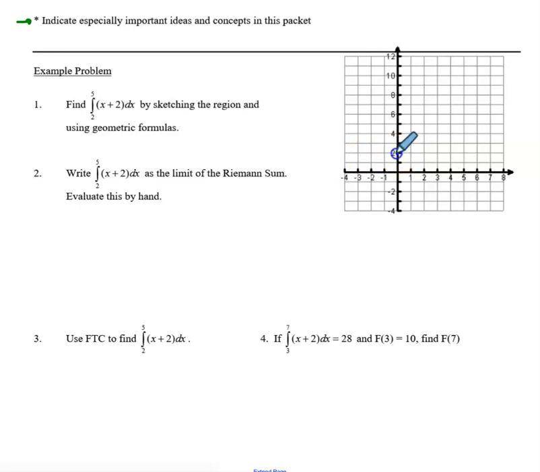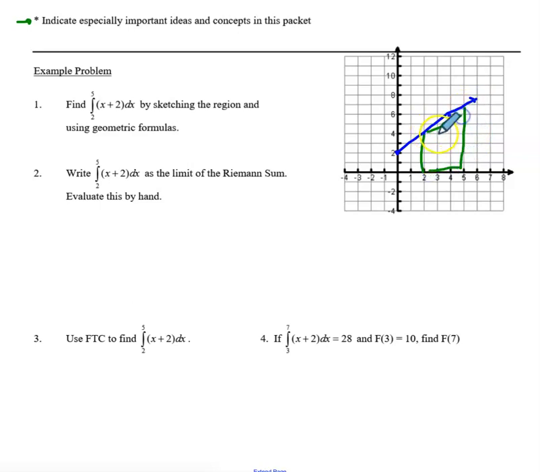So x plus 2 is a line, and we're just going to draw this line with a slope of 1 and a y-intercept of 2. So here is my line, and then they're asking us to integrate from 2 to 5. So what that means is I need to draw a known geometric shape on the interval from 2 to 5. So I have one bound at 2 and the other over here at 5, and it looks like I have